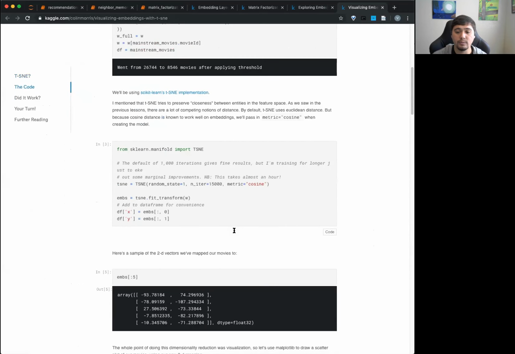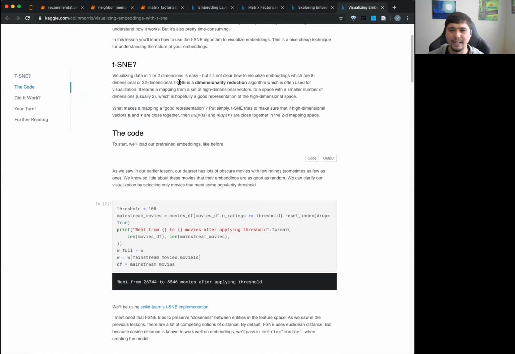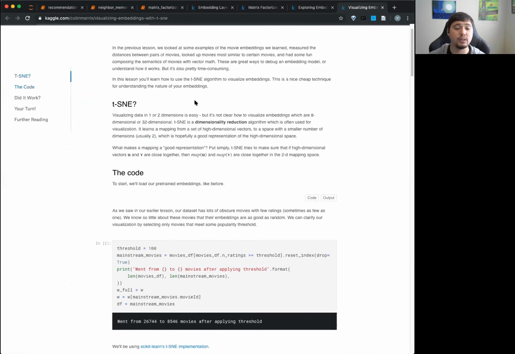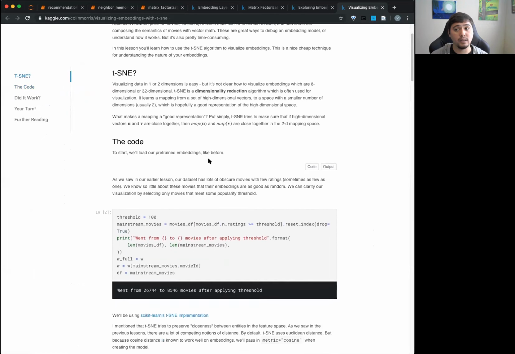So this is where you can imagine, I think he ends up getting, I want to say it's an 8-dimensional embedding. So 8 dimensions. And the problem is each of the movies exists as little points in 8 dimensions. Oh, it's kind of hard to visualize this. So you can do dimensionality reduction with